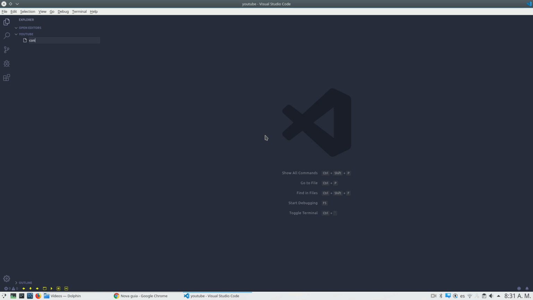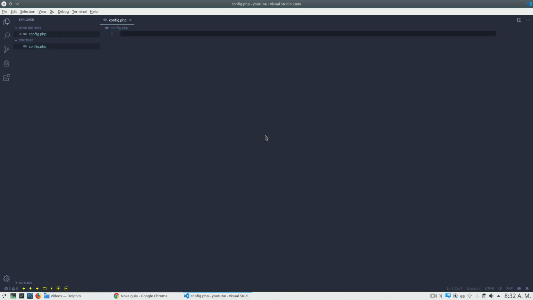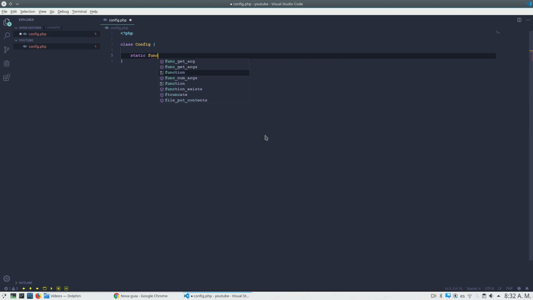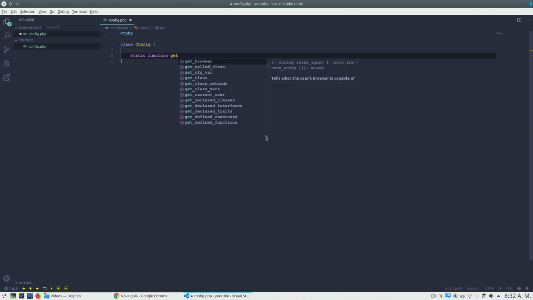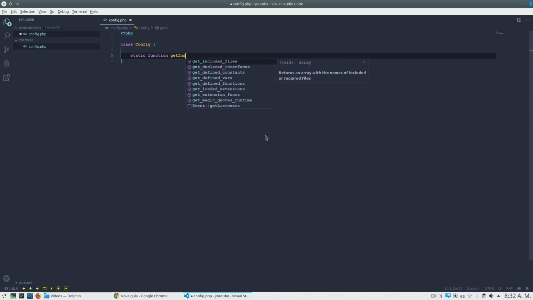So to start, I will create a config file. We will use the config example for this video. So let's open the PHP tag and create a config class. To get a new instance of the class, we will create a new static function that we can access without having an instance of that object. So get instance, we'll call this function instance, sorry,